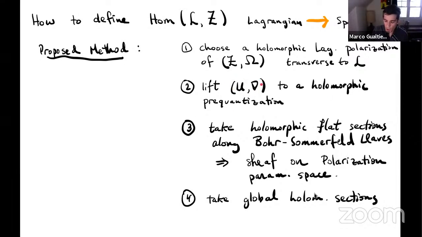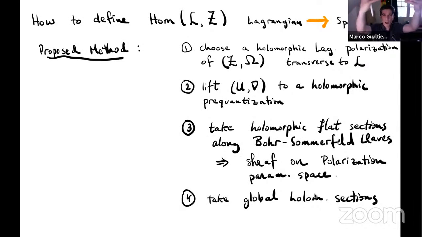So I want a holomorphic connection whose curvature is this holomorphic symplectic structure. So now we're really making use of the holomorphic symplectic structure. And then take holomorphic flat sections along the Bohr-Sommerfeld leaves. And this will give what? Well, if you have this fibration by Lagrangian